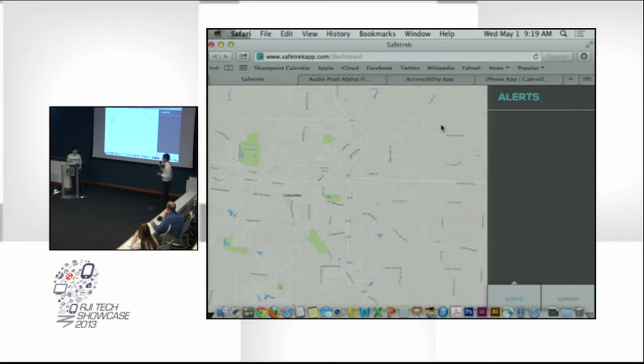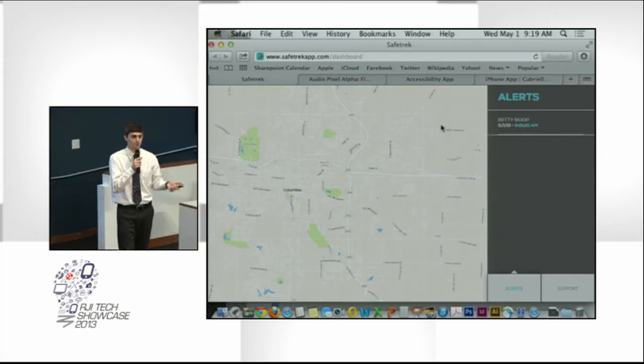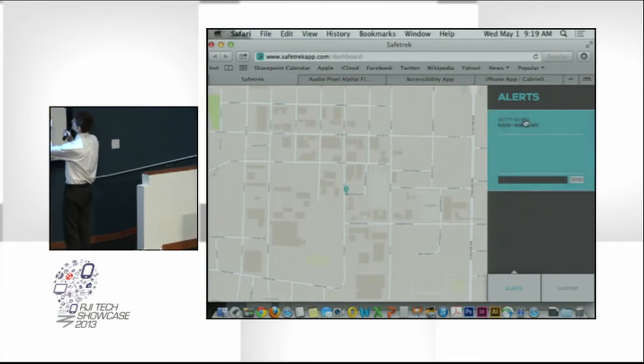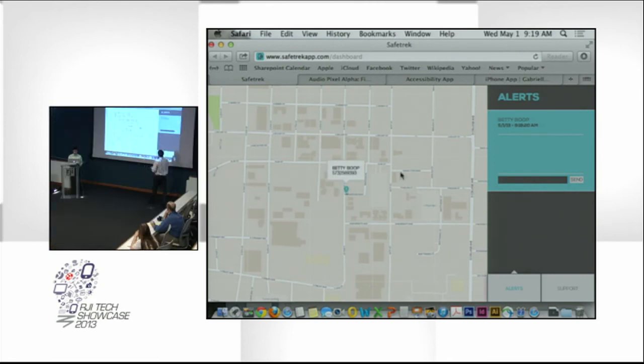After the 10 seconds has elapsed, a screen pops up that says, stay calm, help is on the way, and this is what the police see. So this is all on the dispatcher's end. They can click on Betty Boop's name and get the exact location of the person and also the path they